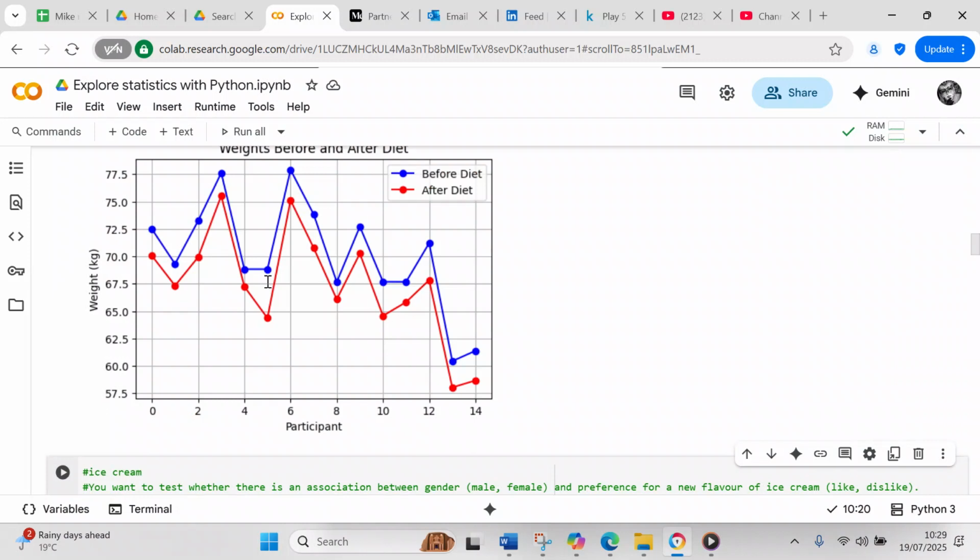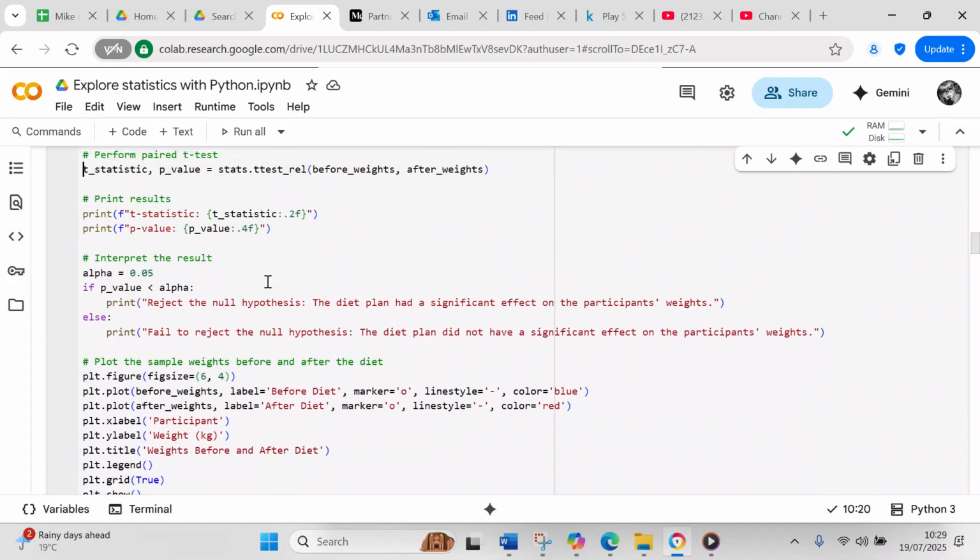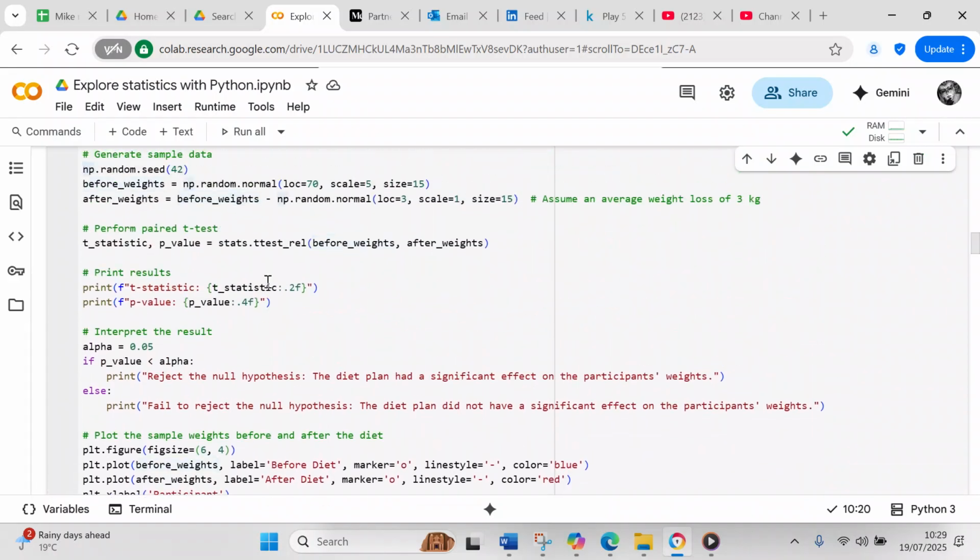And then basically we could change it. We could change the average weight loss to maybe say 1 kilogram, and that might accept the null hypothesis. If we change the weight to 1 kilogram, it could accept the null hypothesis. So your mean is 3, your scale is 1, and your size is 15. So if we change our mean to 1,